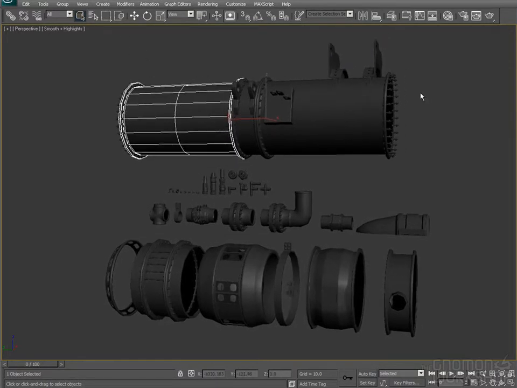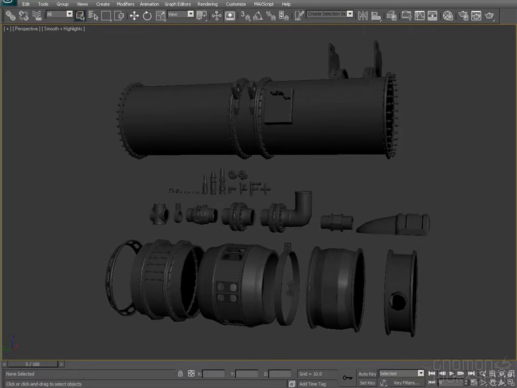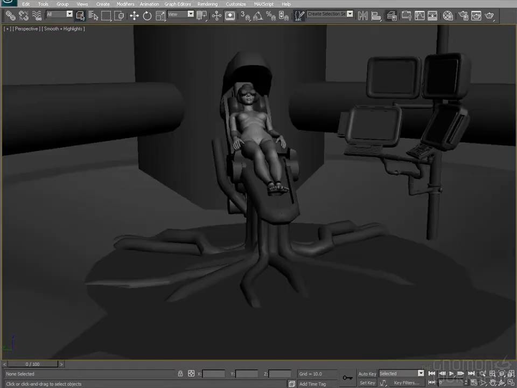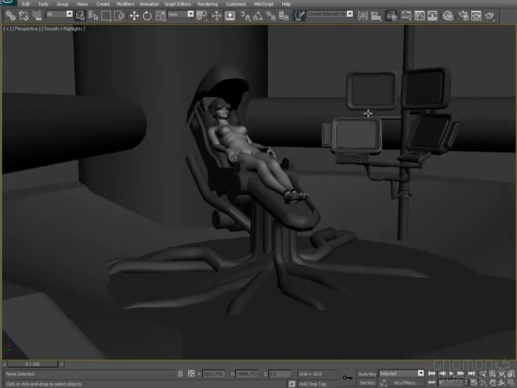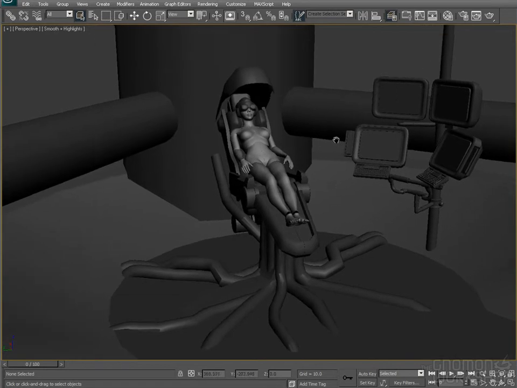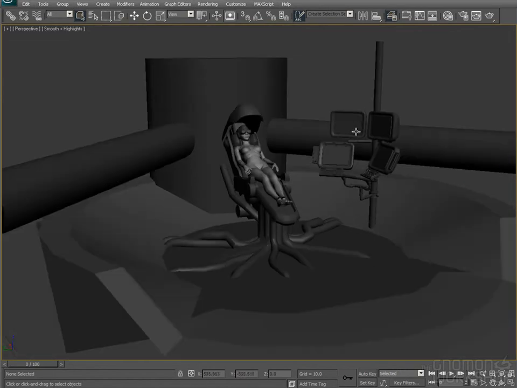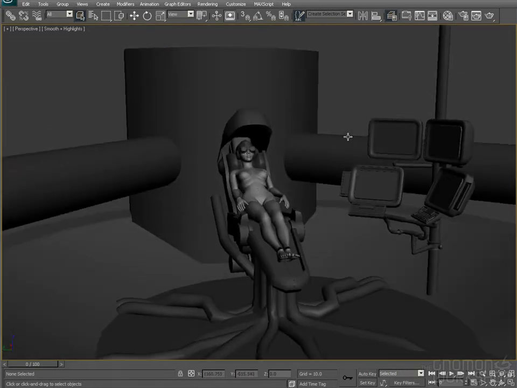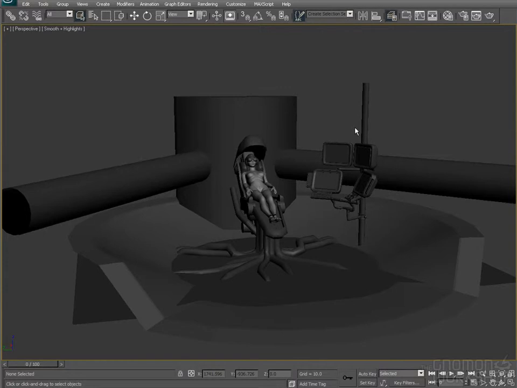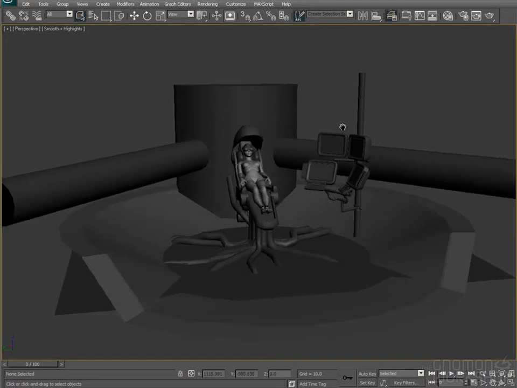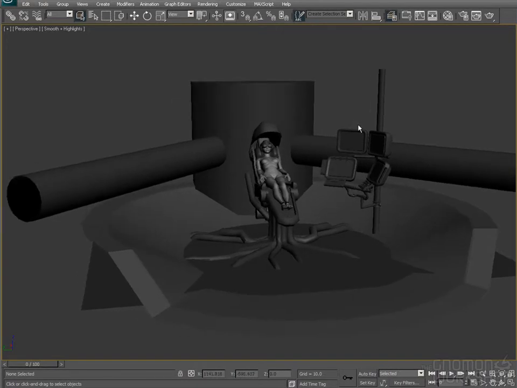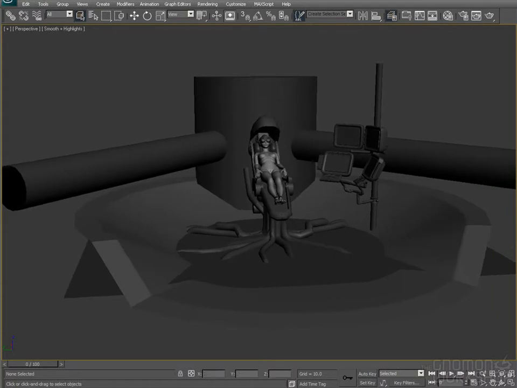Alright, so that's the ErectorSet. And let's go back and show how that became part of the integration in the layout. Alright, so we come back to where we left off when we were discussing the previs mesh, or the blocking mesh, whatever you'd like to call it. And so now obviously we had completed the ErectorSet, and we are ready to start bringing in various things. So I brought the whole ErectorSet in on a series of layers and outside of the composition, and started to bring things in. So if we go back